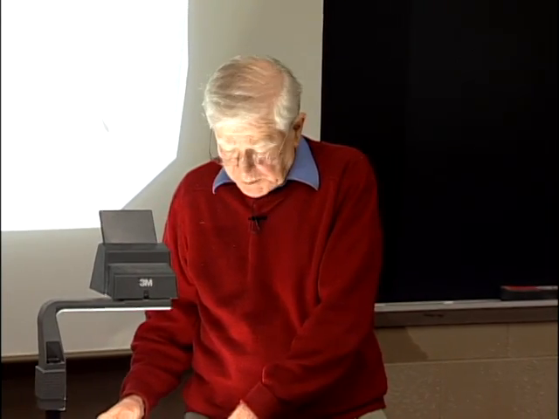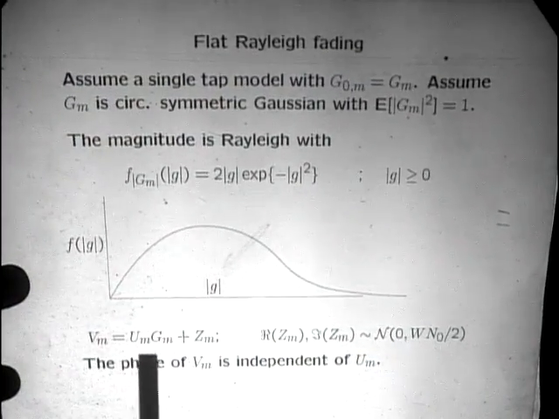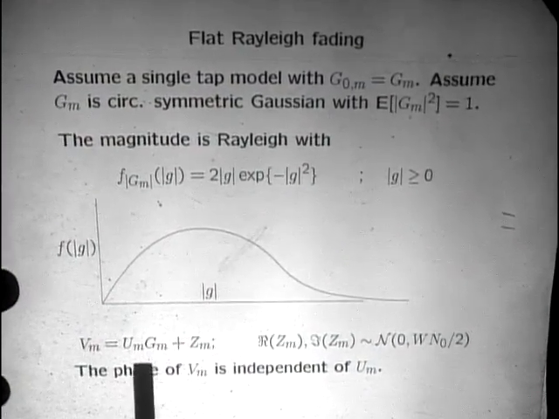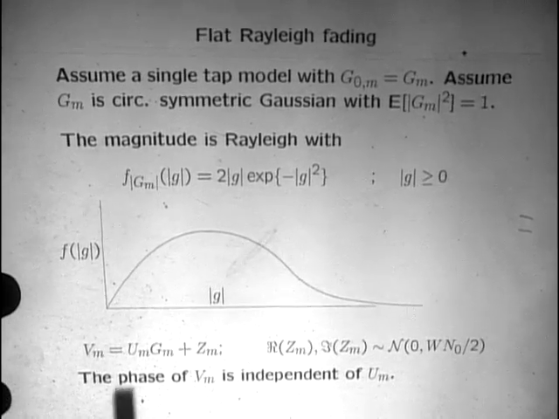Okay, so the output of the channel, when you put in an input u sub m, and we'll think of this as being a binary digit for the time being,